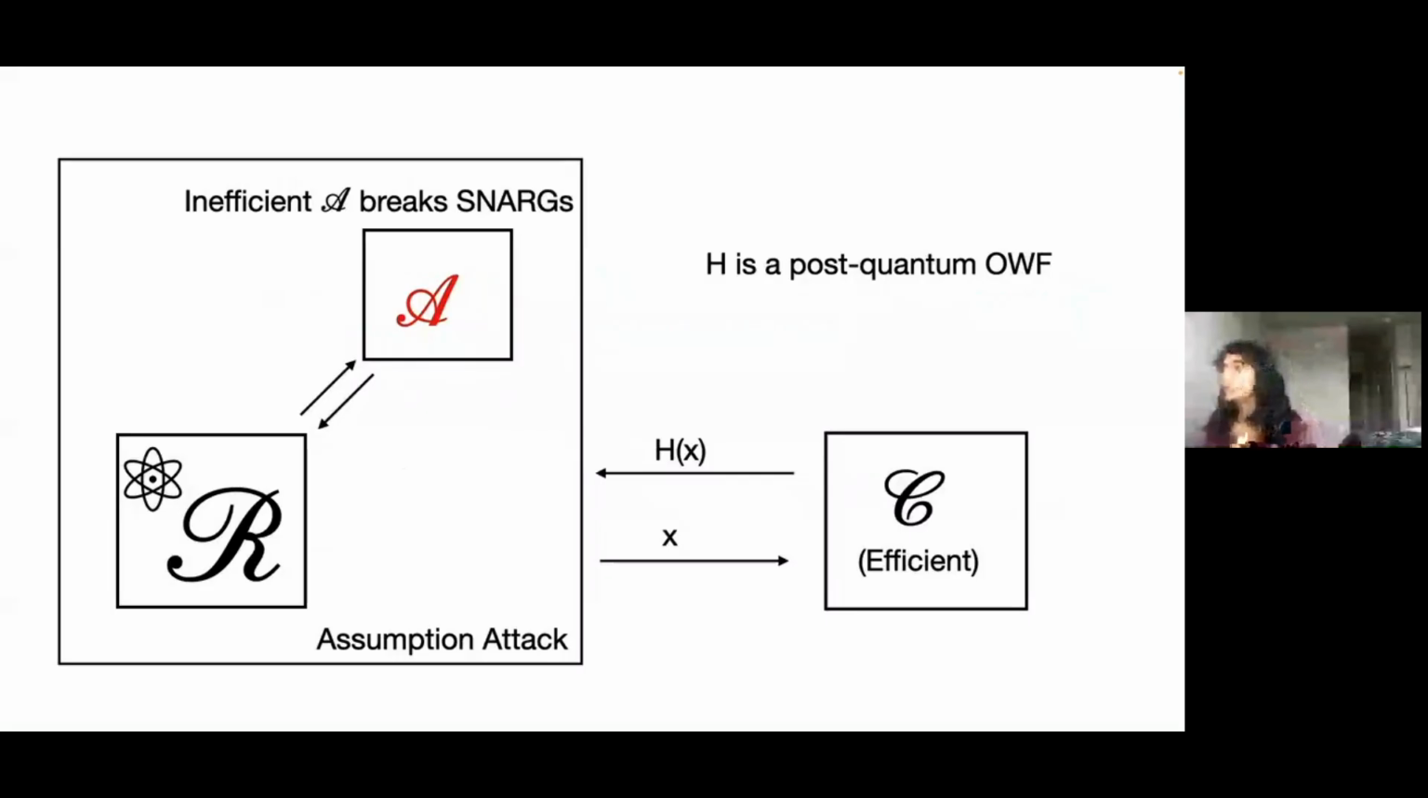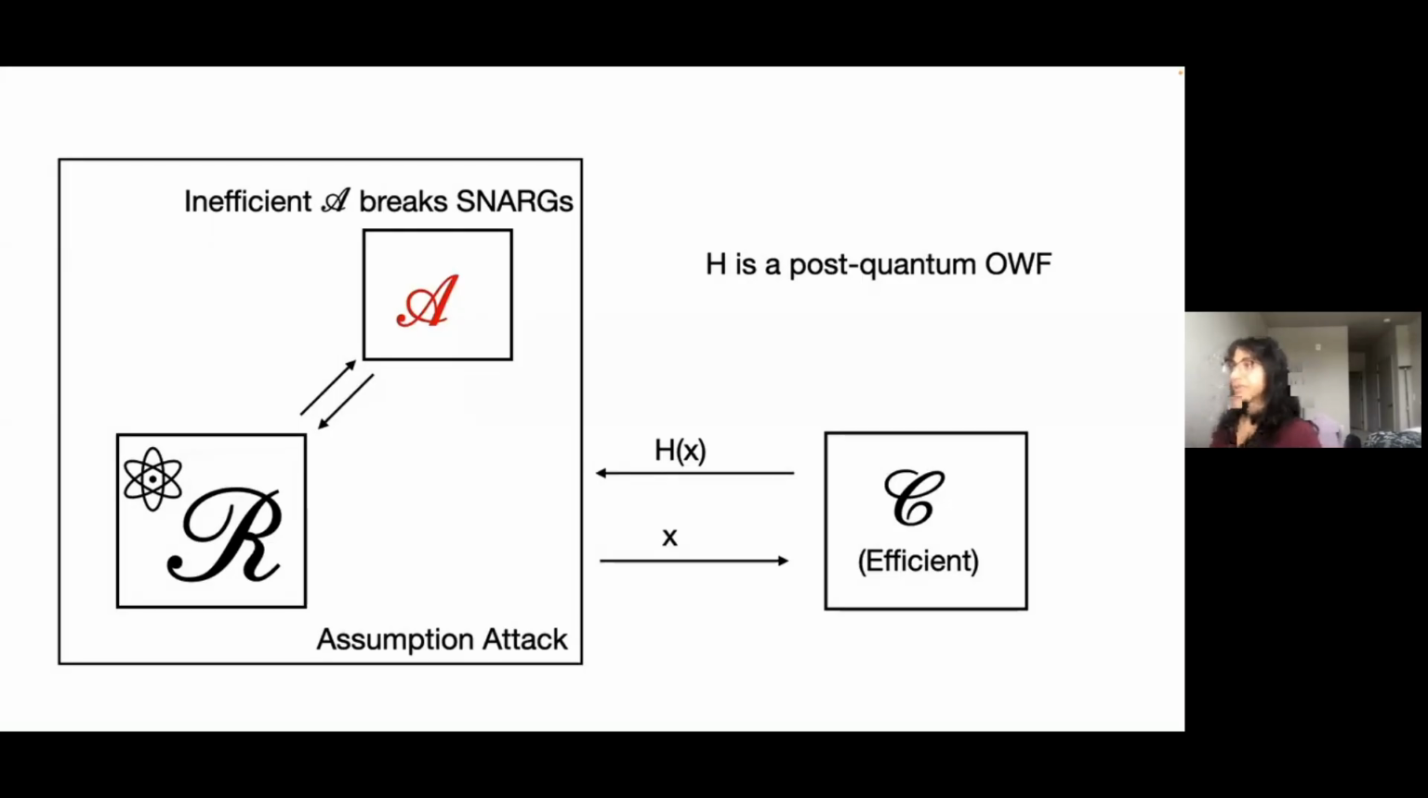So now I'll explain a bit what a meta reduction is. We first assume that there exists an inefficient adversary, an adversary that breaks the SNARGs, but this adversary is also inefficient. If you had an inefficient adversary, then this assumption attack kind of immediately breaks whatever falsifiable assumption that